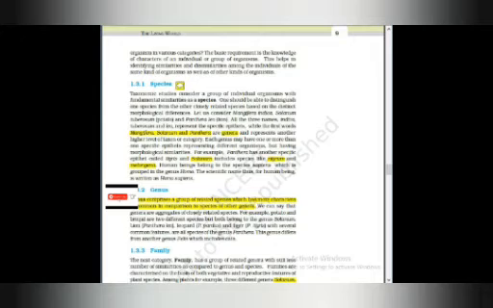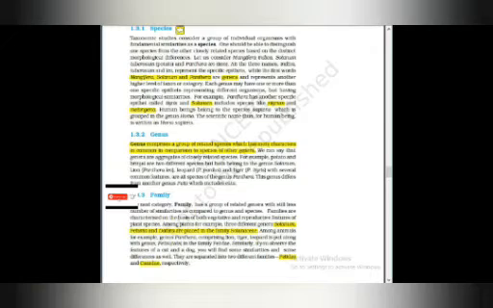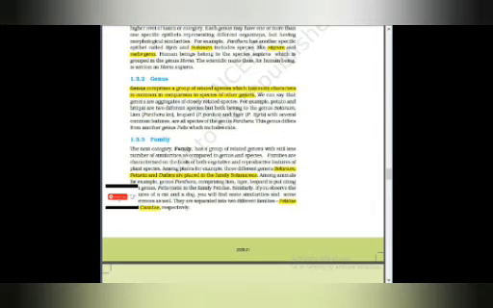We have different words: Mangifera, Solanum, and Panthera. These are the generic names, generic words, and we have nigrum and melongena. These are the specific epithet or species word. Now we will discuss the genus. Genus comprises a group of related species which has more characters in common in comparison to species of other genera.